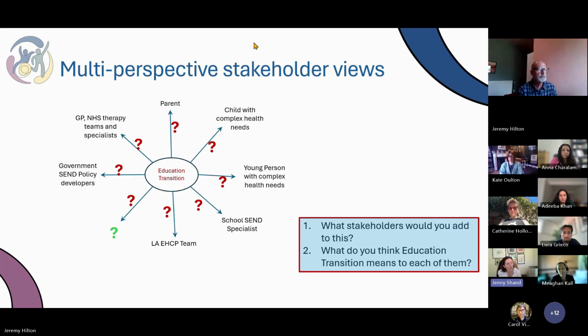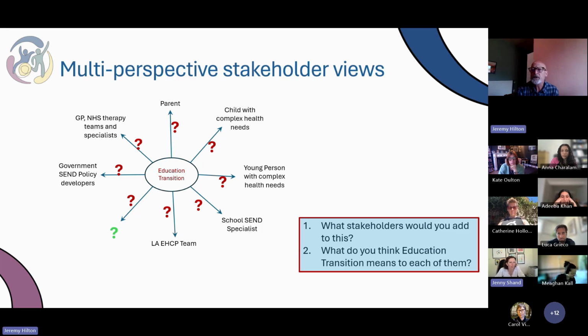And then question 2, I was thinking about education transition, and I was thinking that it's unlikely to mean a single event, like moving from primary to secondary, which is, I think, in shorthand, how we're often describing it in Sprocket. It's maybe more of a long, messy journey that families have to navigate. It's probably not just about finding the right school setting, but also access to the right support. A different school environment might change over time the kind of support that you need.